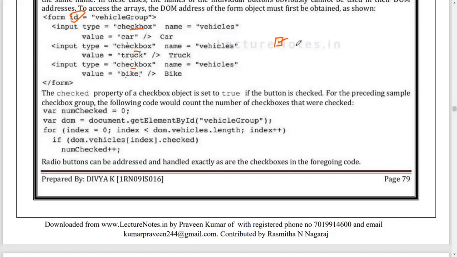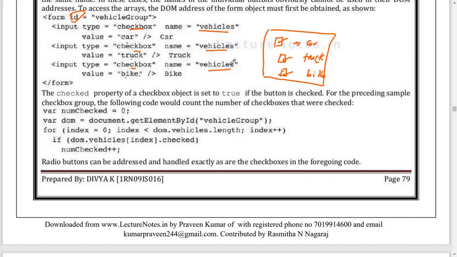One checkbox has the name car, the second truck, and the third bike. So these are the three checkboxes that we have. Since we need to group the checkboxes into a single element, like a group box, we use the same name for all the checkboxes.